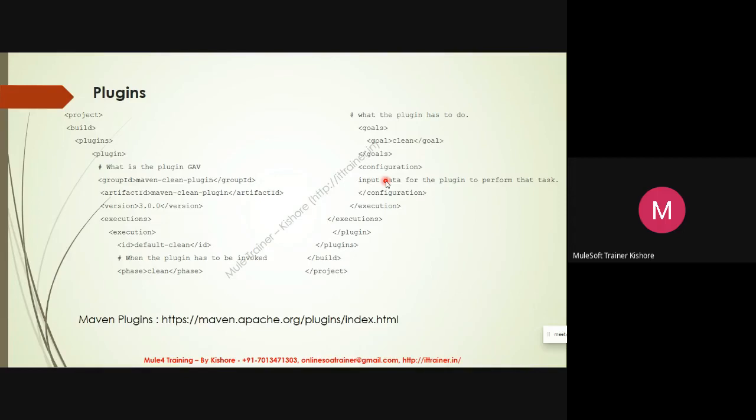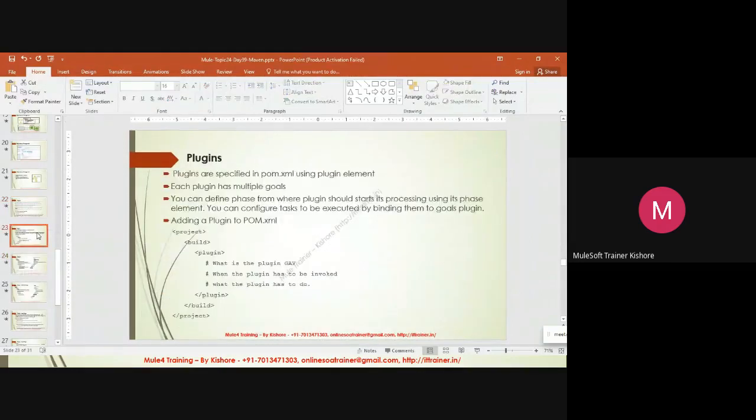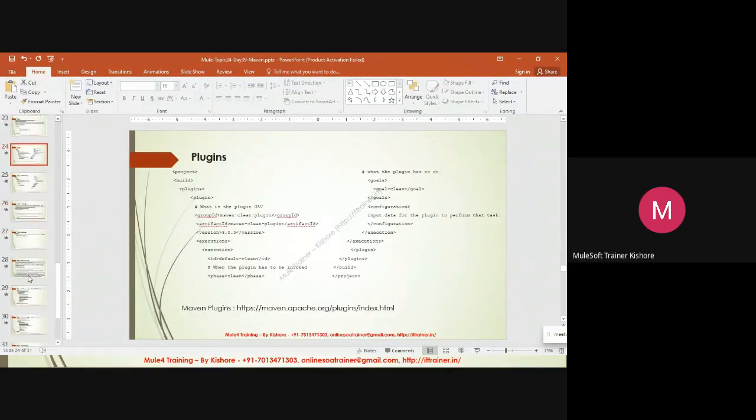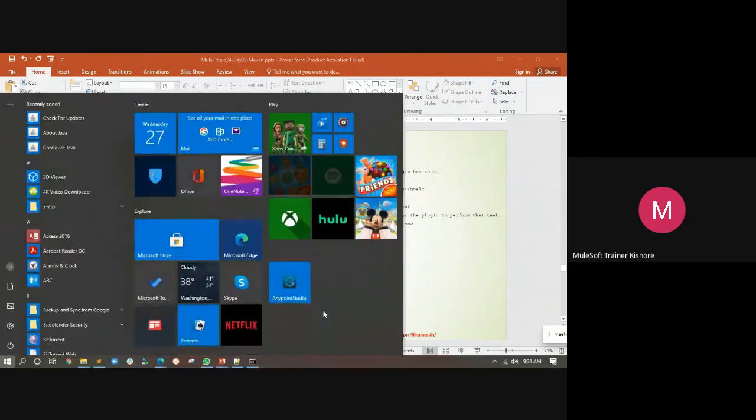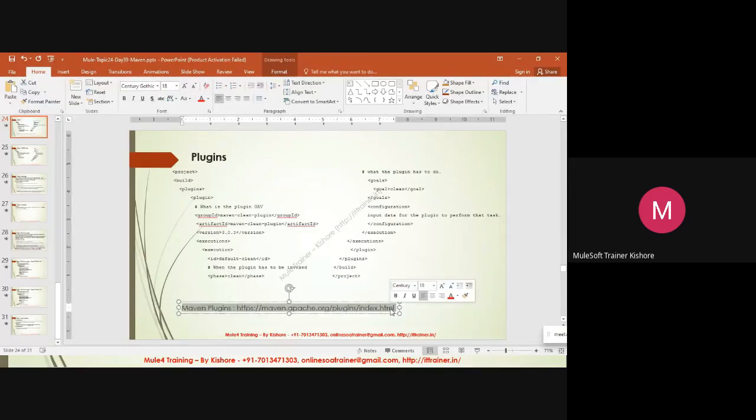If you want to know more about plugins, there are many plugins available for Maven. I recommend you go and read this. We have how many slides? 7 more slides. I'll take 15-20 minutes extra and complete this.